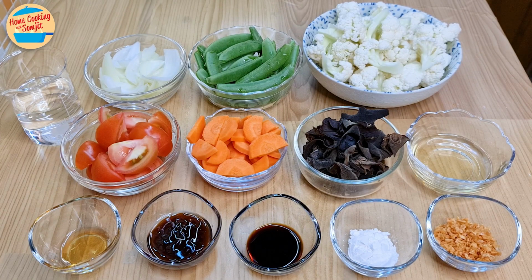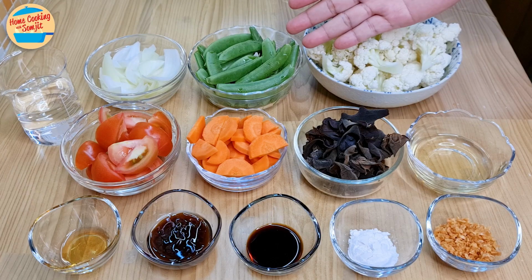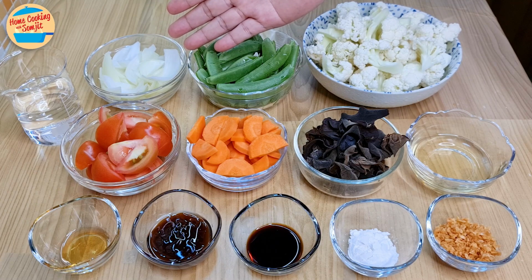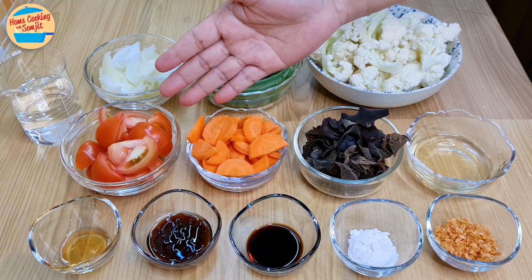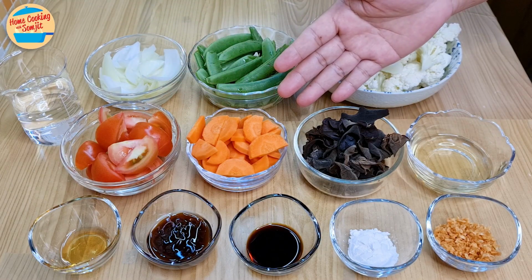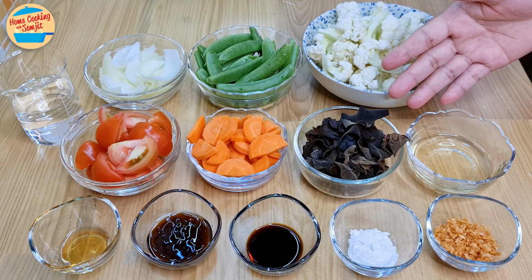The ingredients needed are 270 grams of cauliflower, washed and cut to pieces, 130 grams of sweet peas, wash and cut the tips and threads, 65 grams of yellow onion, cut to pieces, 125 ml of water, 120 grams of tomato, cut to wedges, 82 grams of carrot, sliced thinly, 35 grams of wood ear mushroom or black fungus, cut